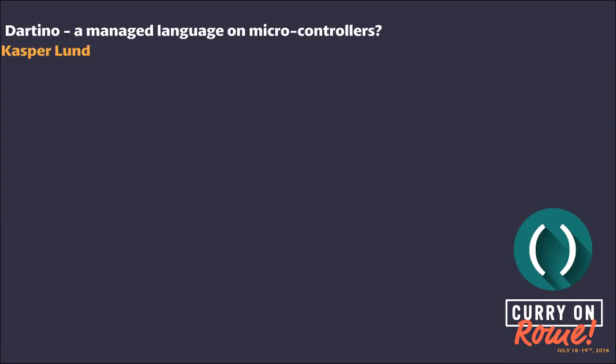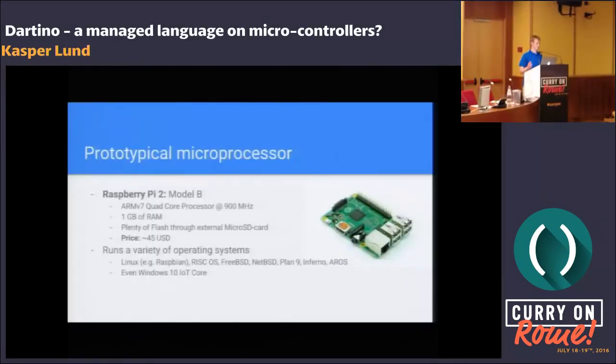Of embedded space, you could say. A Raspberry Pi 2. You go for the 3 version as well. It's fairly high-powered, like ARM chips, quad cores, 900 megahertz. A lot of RAM actually for a small device, and plenty of flash through external micro SD card support. And it's not that expensive, and it can run just about any operating system, including Windows, and lots of